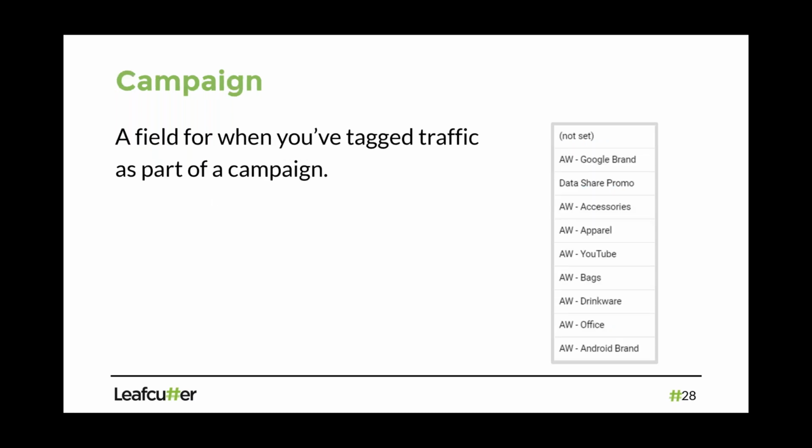So the campaign value in Google Analytics is just a way of grouping together traffic. This might be your 2019 tax campaign, for example. For your 2019 tax, you might have search, you might have ads on Facebook, you might have emails that go out. So in Google Analytics, if you wanted to roll all that activity together and look at it as a big whole, you could do it by a campaign field, which will group all that activity together, even though it crosses over different sources and mediums.